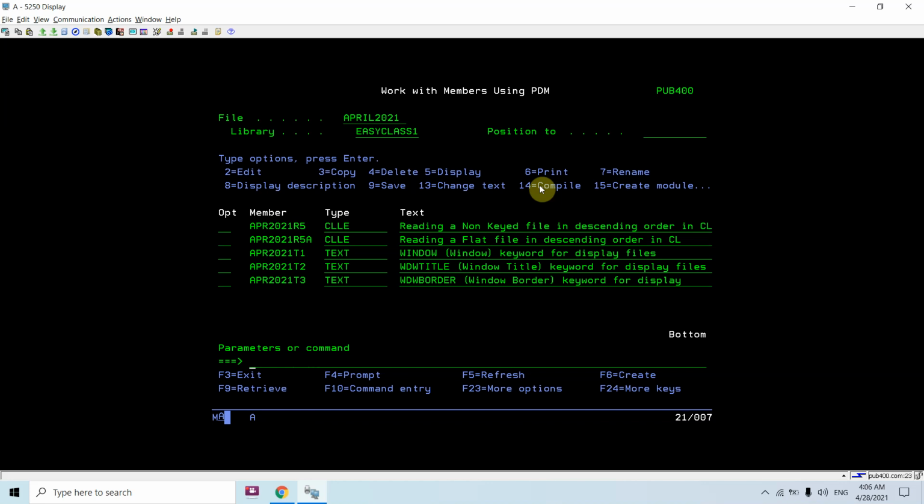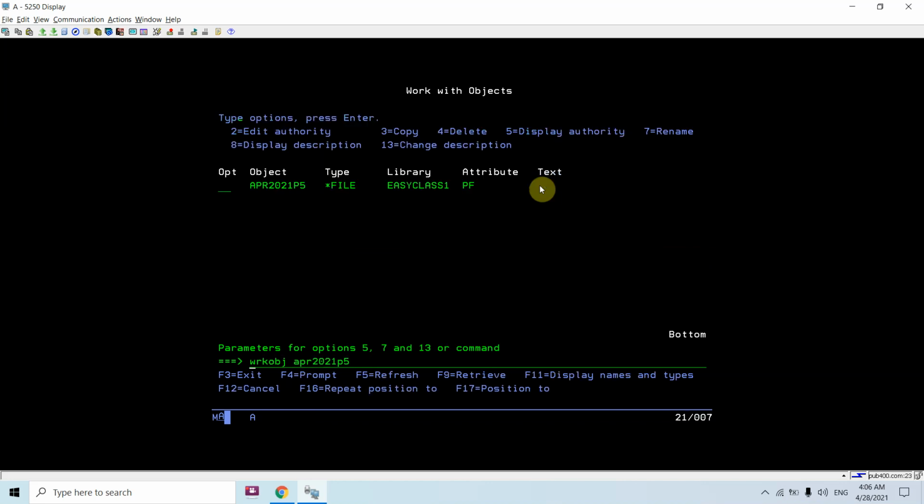So let me do work object apr2021 p5. So it's a flat file basically.